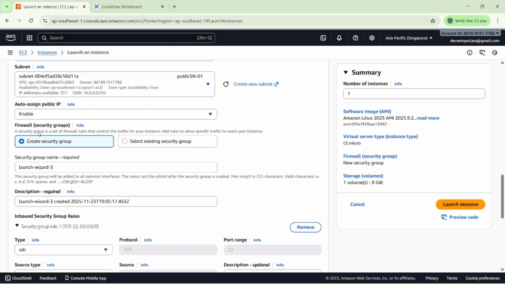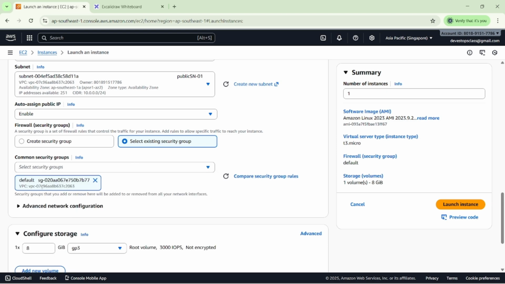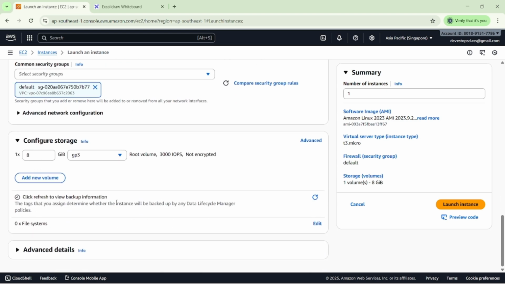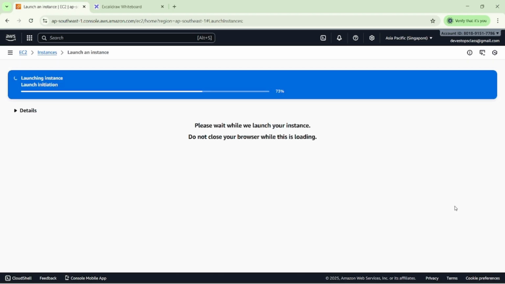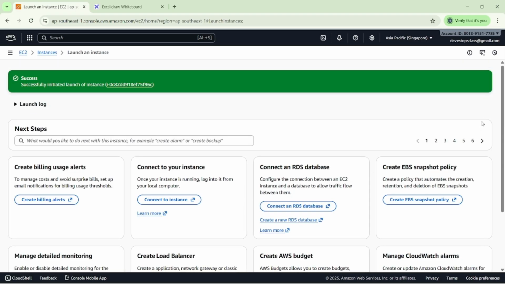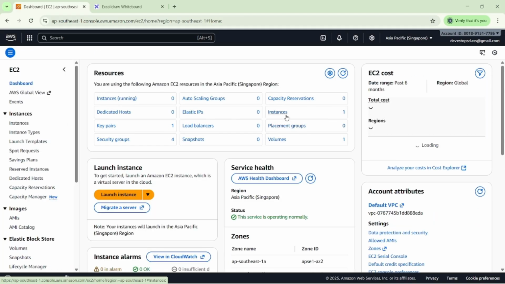After that, we have the firewall here, security groups, which we already discussed. Here I want to create my own security group, then you can create it. Otherwise we can select the existing default VPC security group. Then I'm going to launch my EC2 machine here. You can see we successfully created the public EC2